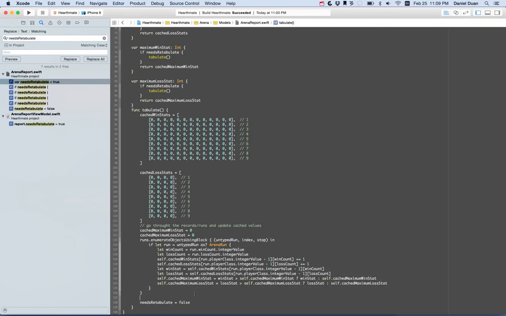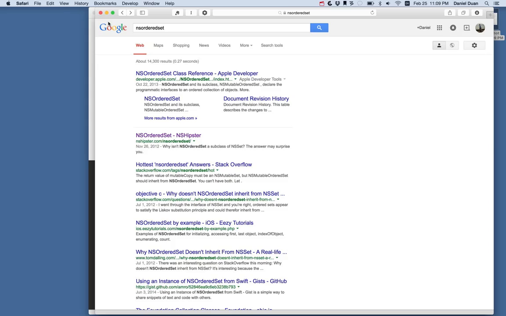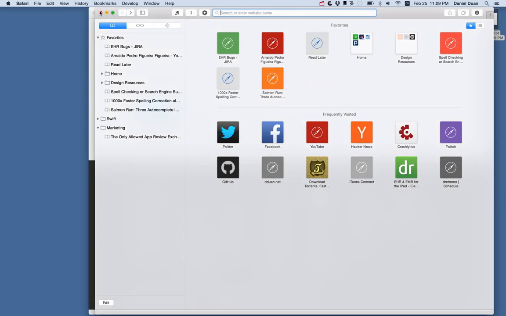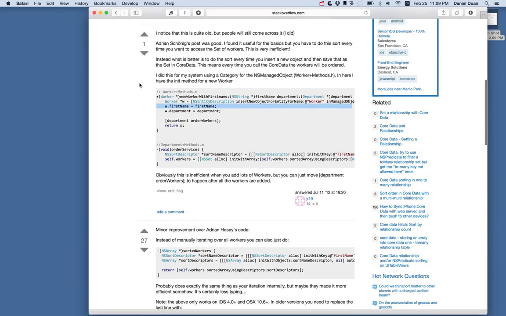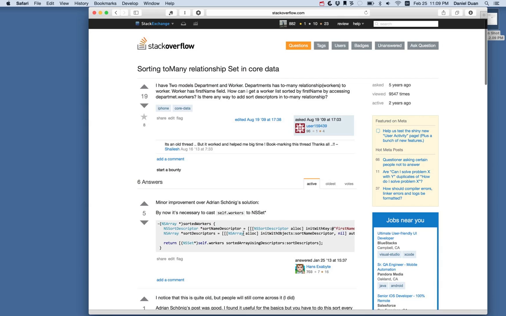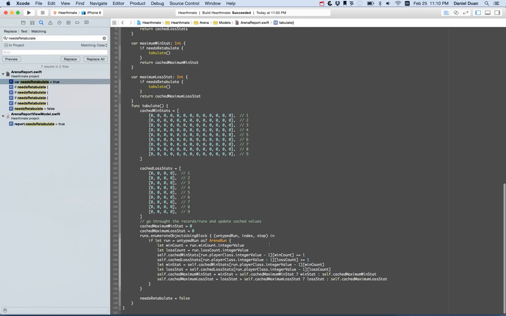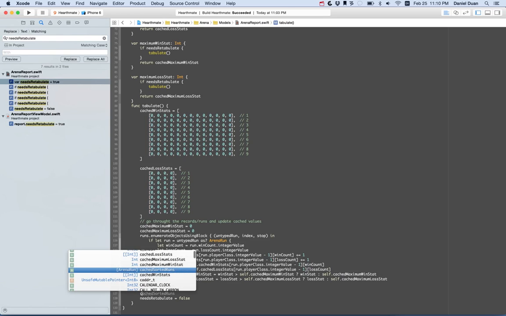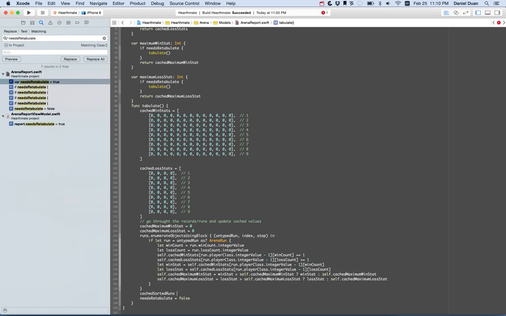So here we do the sort of thingamajiggies that Stack Overflow teaches us to do. All you need to do is give it the sort descriptor and call this method, right? Okay. Cached sorted runs now can equal the regular runs